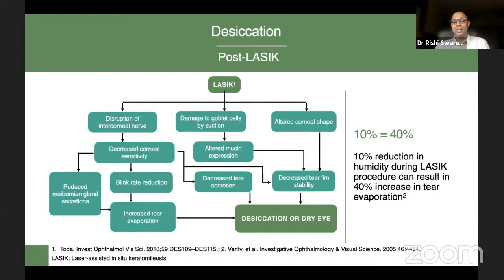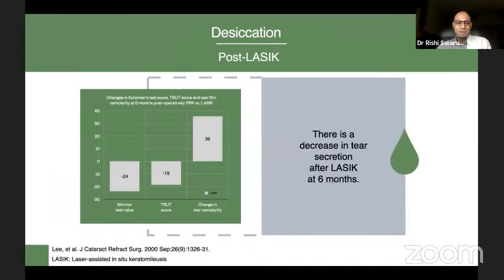And because you're flattening the cornea, you're altering the shape and distribution of tears, and that can result by itself in reduced stability of the tear film, and that can result in dry spots, and that again contributes to dry eye. So all these factors are important in post-corneal refractive surgery dry eye. So what happens is you have a reduction of the tear film breakup time, but also there's a reduction in Schirmer's values immediately after surgery, and increase in the tear osmolarity. We all know that in the pathogenesis of dry eye, all these factors come into play. And post-refractive surgery, it can take up to 6 months for this dryness to go away.